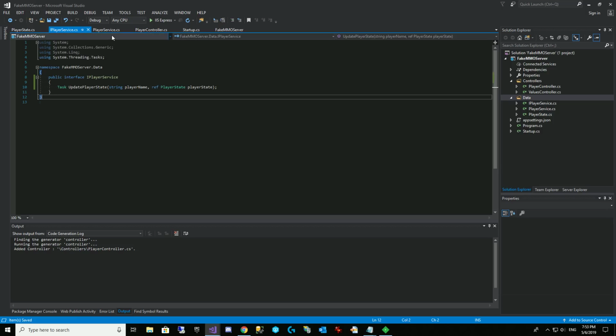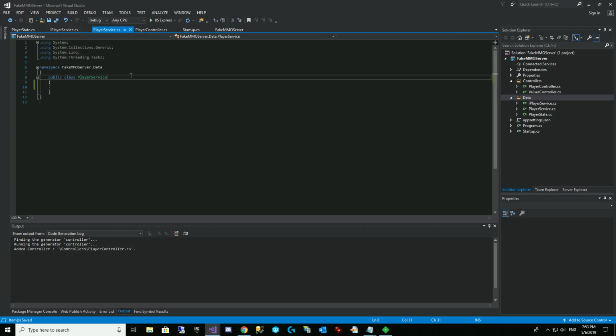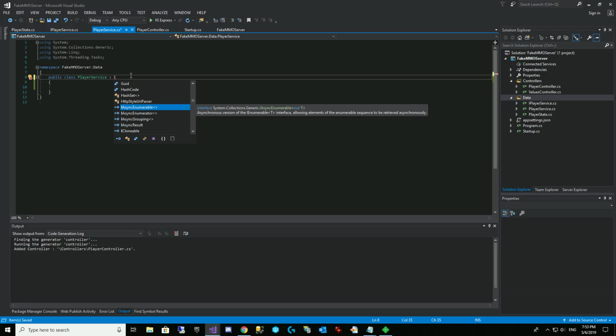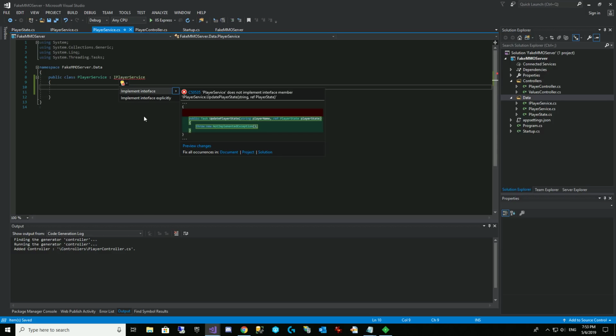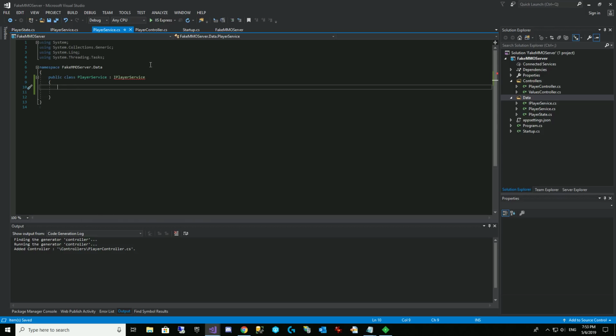So now we can go back over to our player service, and we can implement our interface, iPlayer service. And it's probably complaining that we did not implement what we promised to. Okay, that's good. We're going to do that. They got all these things in here to help you. This system makes it insanely easy. I always joke that the AI are going to take our programming jobs soon because it's too easy. Okay, so what we're going to do